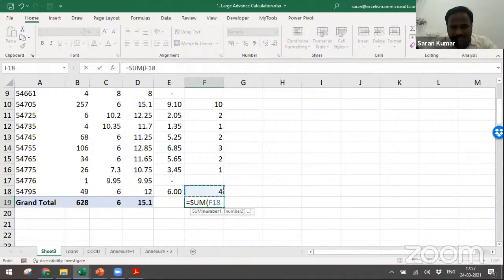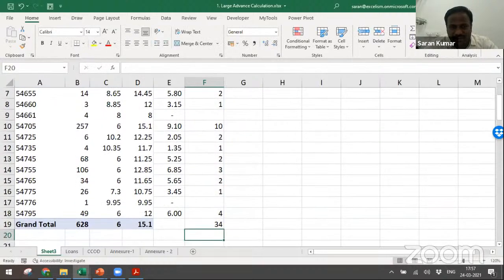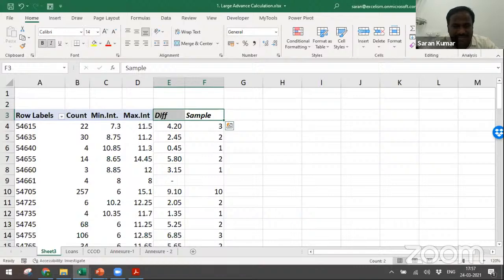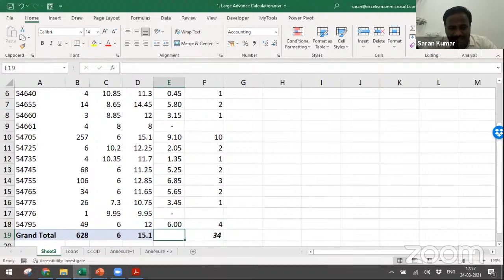Now you can just sum all these samples. Don't worry, it looks like we have taken 34 samples, but I don't think so. It will take much time for the staff to look into all these 34 accounts. But if you go to a branch to do this entire job, it may be difficult for them, because they have not done the homework. Once they start doing this work before going into the branch, you may even send an email to them to make sure that all these 34 sanction letters are taken out.